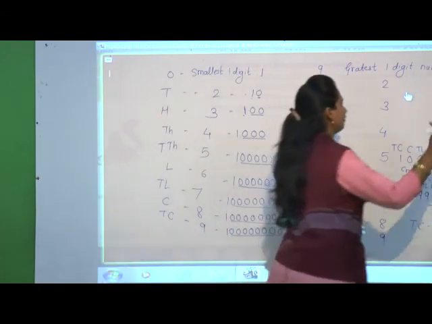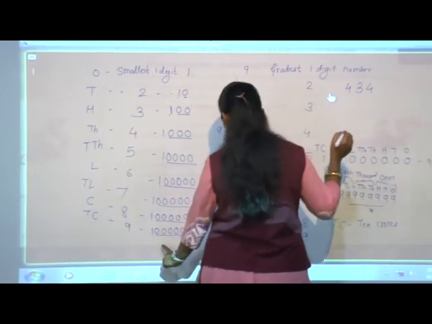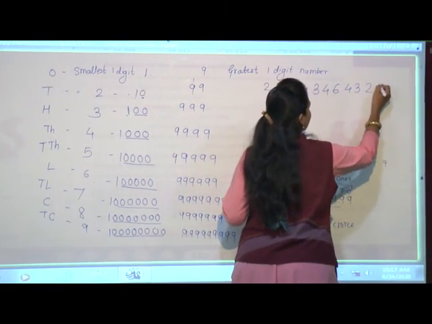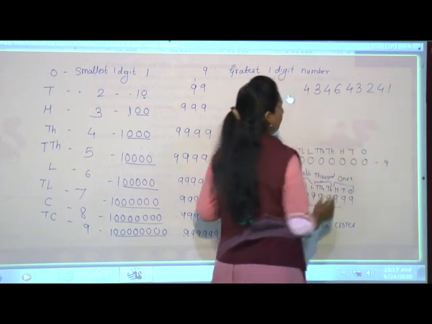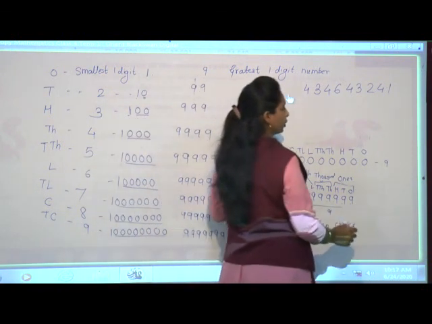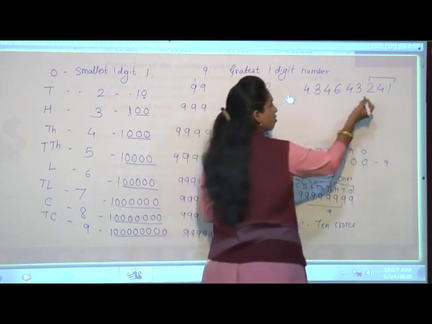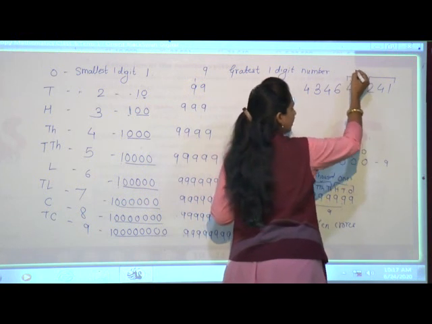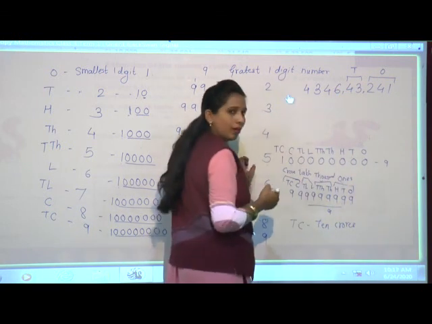For example, I have taken an XYZ number, whatever I feel. A 9-digit number I'll take: 1, 2, 3, 4, 5, 6, 7, 8, 9. Now, how to read this big number? In that case, what you have to do? The first 3 digits will come in the ones period. So, after the ones period, give a comma. The next 2 digits will come in the 1000 period. So, give again one more comma.